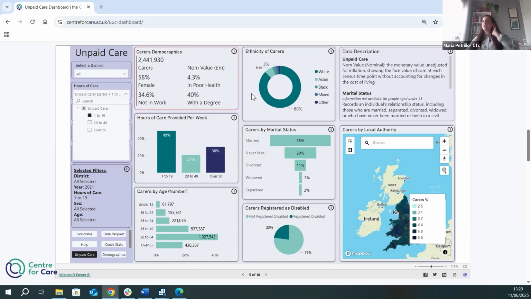I could see in the chat that someone said that the ethnicity of carers is really broad. Well, this is for two main reasons. First, we rely on census data and the way they classify the data. And second, if we go too much into the detail, the data cells will decrease so much that people will be identifiable, especially because you can select sex, you can select local authority, you can select hours of care.